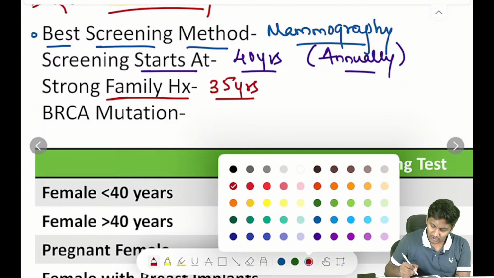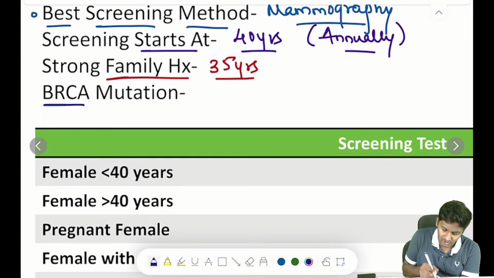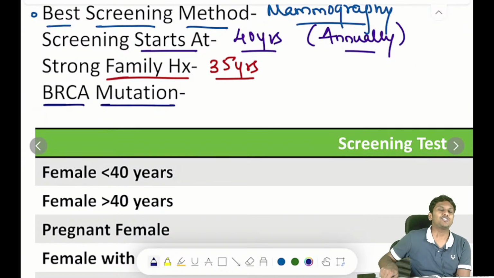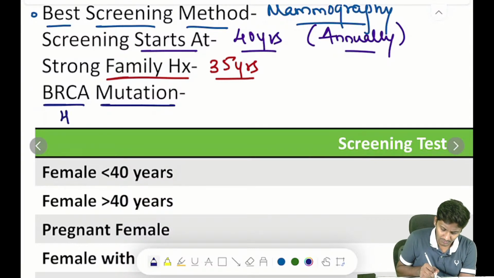But if the patient is having a BRCA mutation, now what is BRCA? BRCA is nothing but a gene, and this BRCA gene mutation is associated with breast cancer. This BRCA1 or BRCA2 gene mutation, I'll talk about that, these gene mutations are associated with breast cancer in a patient. So you have to remember that if a patient is actually having this BRCA gene mutation herself,